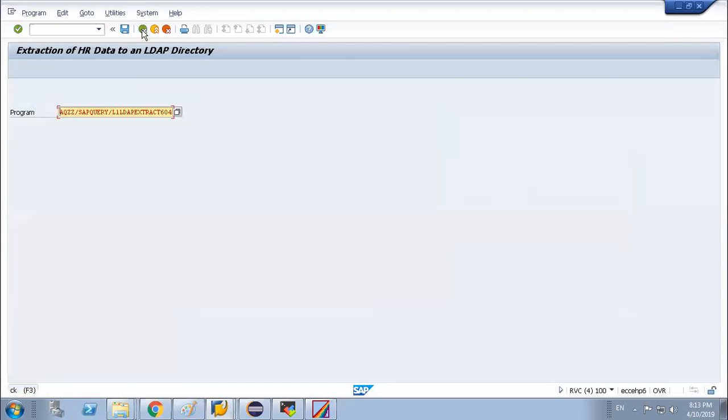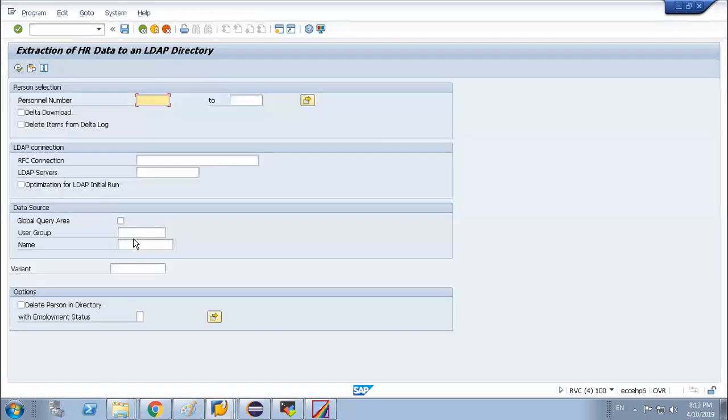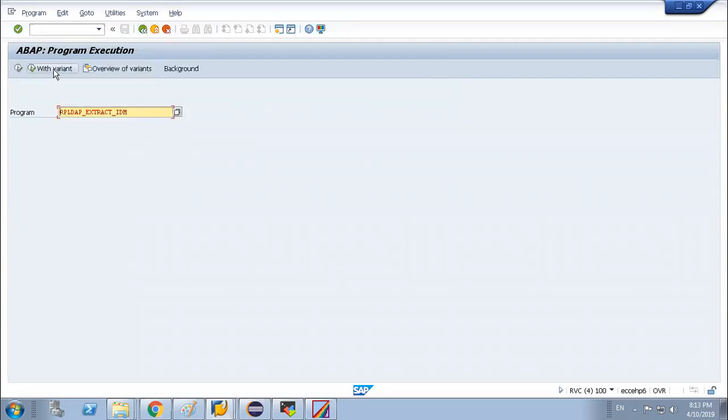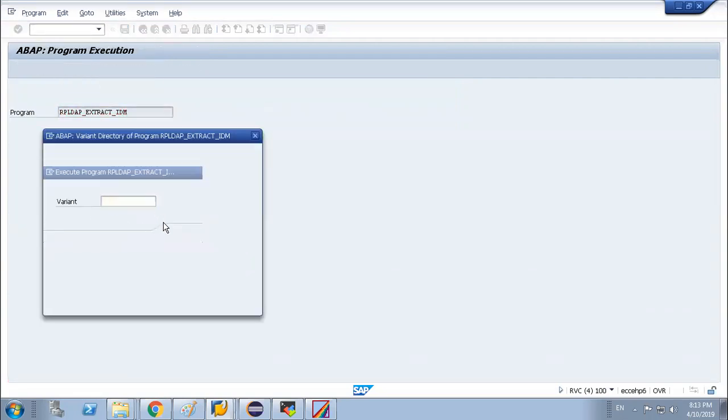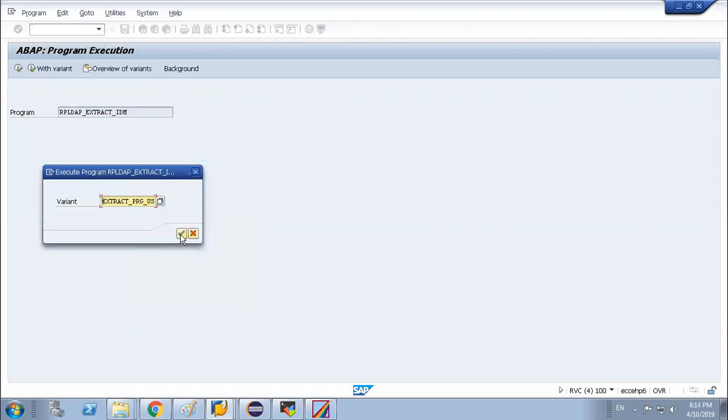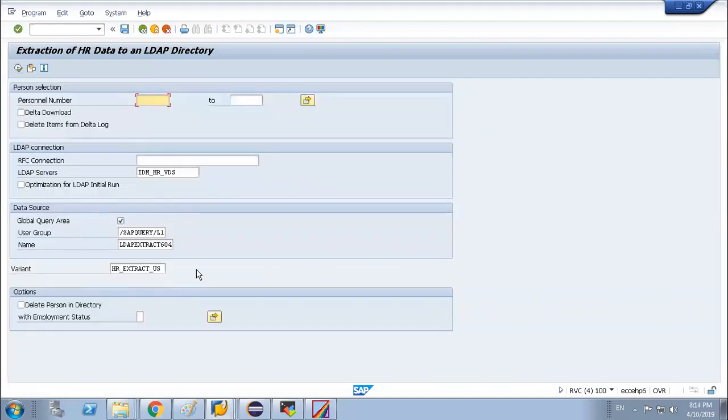Now I am going back. What is the query area? RP LDAP extract. Once you select this query area, click on without variant, again this screen will come up blank. Go back. With variant, select the variant you have just created, open it, and all the settings which you have done will automatically come up.